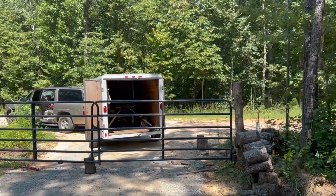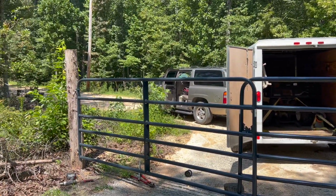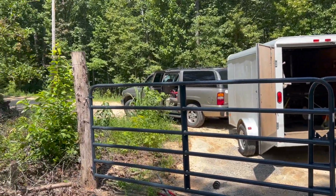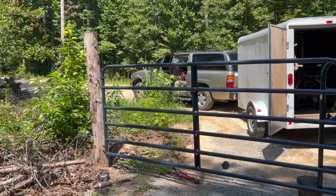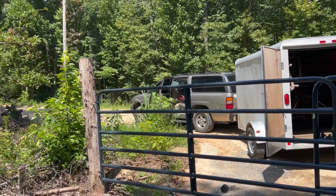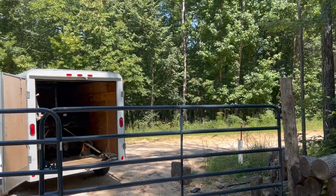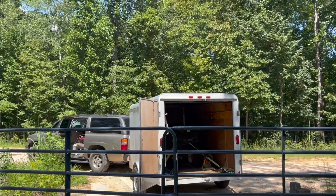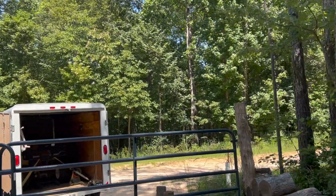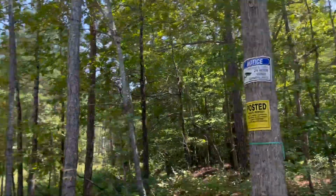Well, after sweating like a pig for a little while, I've got the gate mounted. So I've got a chain that'll go between it. I didn't get my posts exactly 10 feet apart. Actually, I did get them 10 feet apart on center. I did not take into consideration the gap that the hinges would take up. But this will allow the gate to swing in or out either way. And that's great. So that will close the driveway for intruders while we're gone. And that makes me feel a whole lot better. And we do have our security cameras in our...